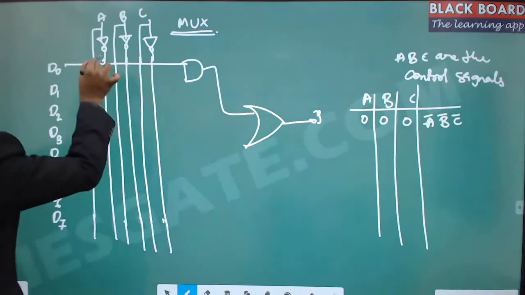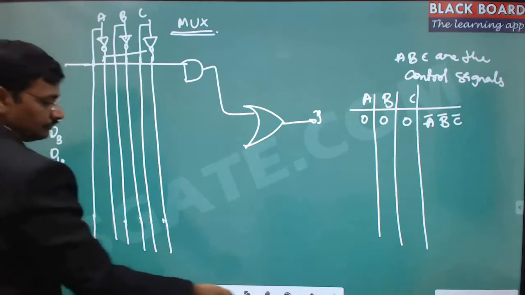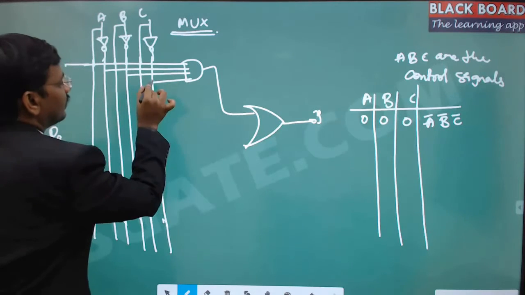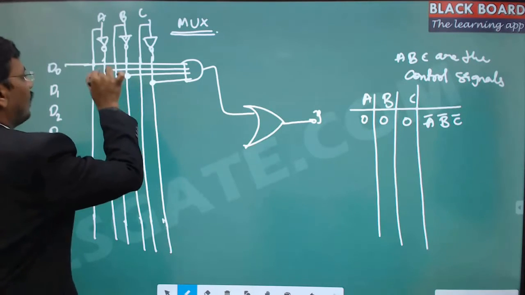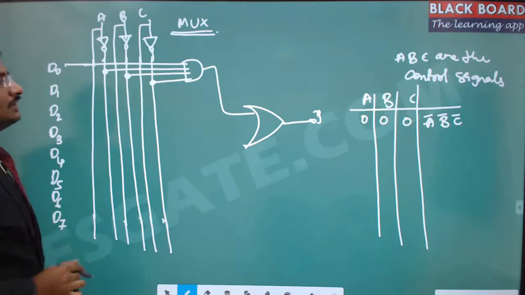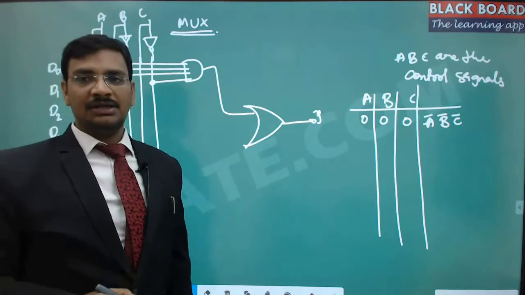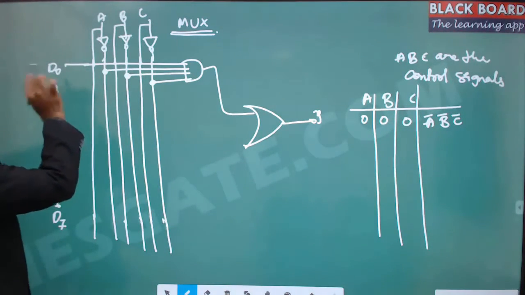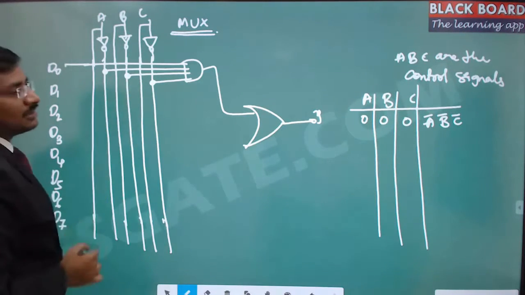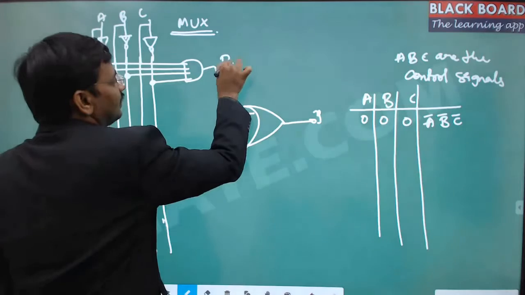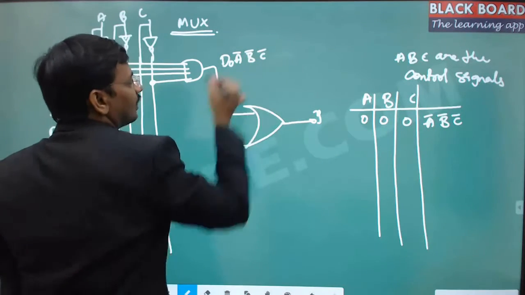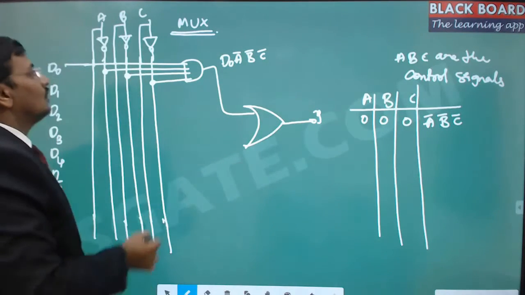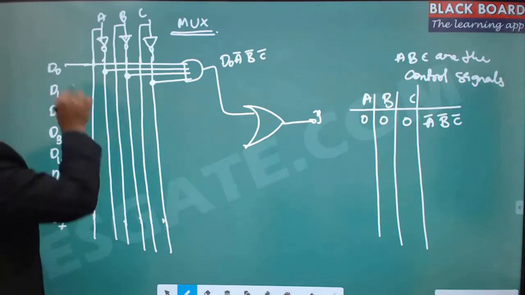Hence you select this. So this is A bar, this is B bar, and this is C bar. This is one way of the convention. If there is a circle or a thick dot, then there is a connection. If there is no thick dot, then it is a non-connection, right? So here, D naught is connected and A bar, B bar, C bar is connected. So the output of this is D naught, A bar, B bar, C bar, and it will be active only if A, B, C are 0.